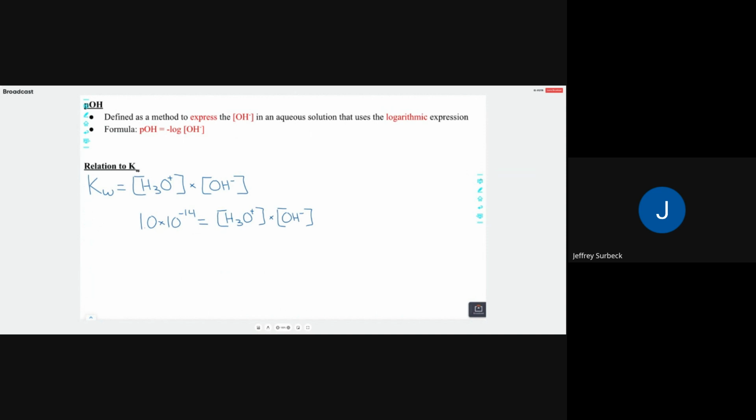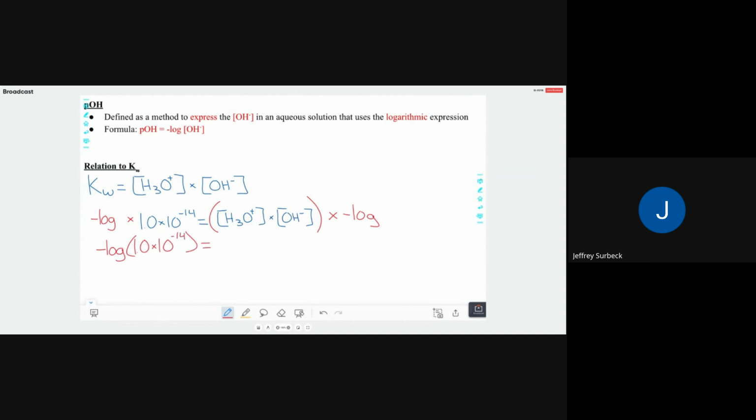Okay? Now, we want to make this useful, other than just copying down the formula or remembering it from yesterday. So here's what we're going to do. We can do this as long as we do it to both sides: we are going to multiply each side by negative log. I'm going to rewrite this item in red. So I'm going to say negative log times, in parentheses, 1.0 times 10 to the negative 14th